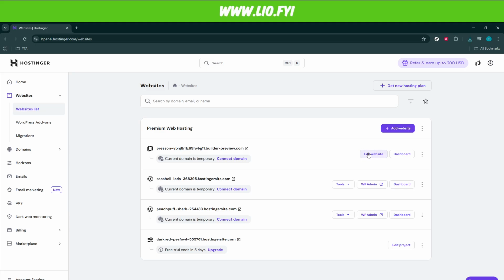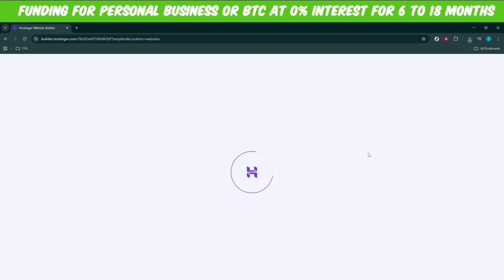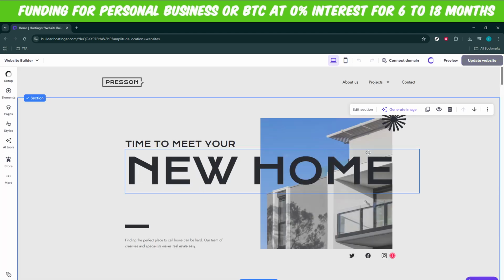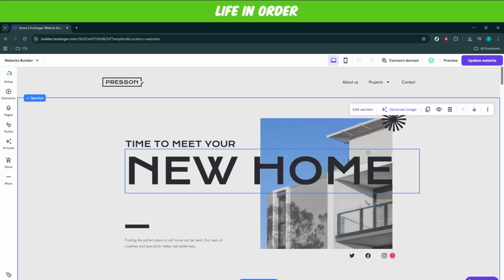Once you've landed on the Websites section, your next step is to click on Edit Website. This is where the magic happens. Editing your website is a crucial aspect of maintaining an updated and engaging online presence. The editor allows you to tailor your site to reflect your brand or personal style, adjust layout, add content, or